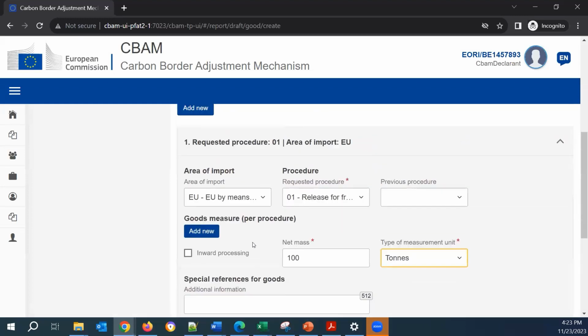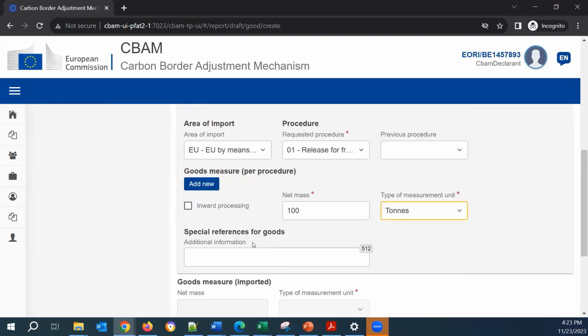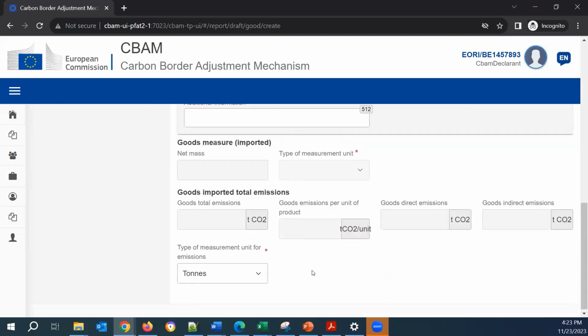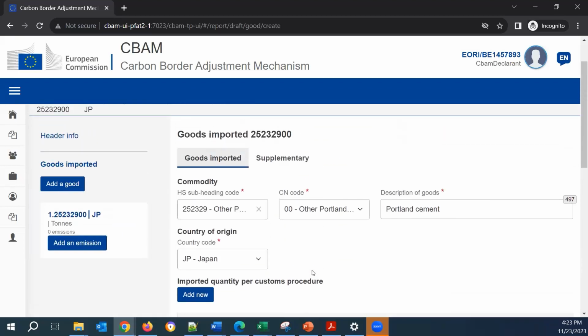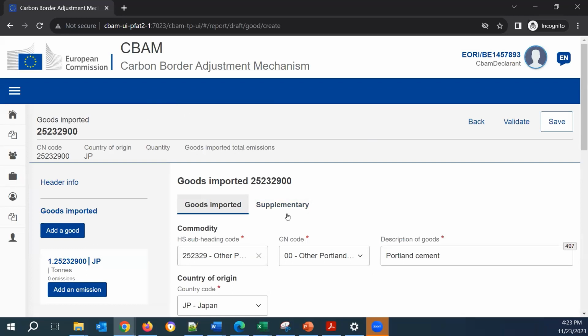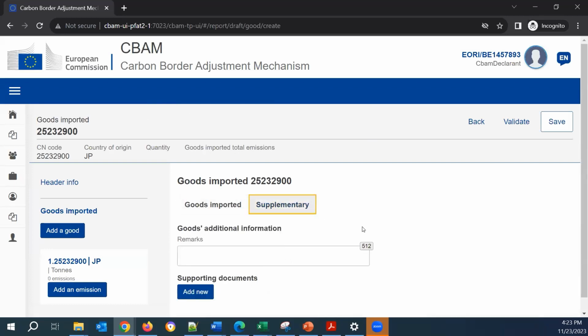Okay. So since we don't have anything else to add here, we will go also in the supplementary information. For now, I will not add any attachments, but I will add a remark.